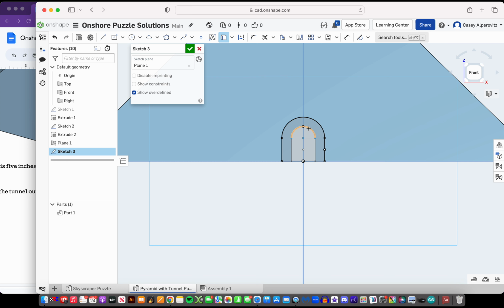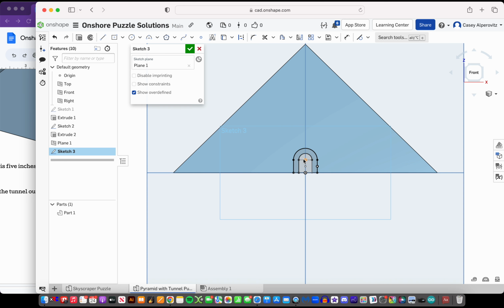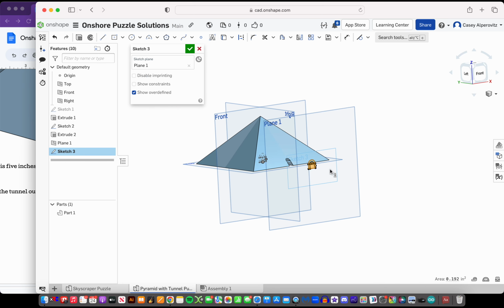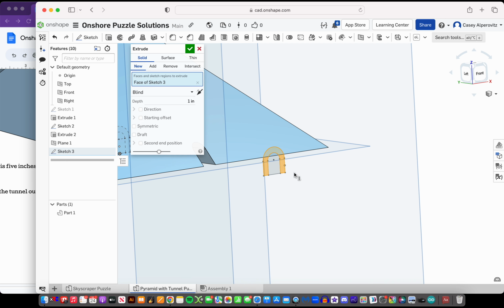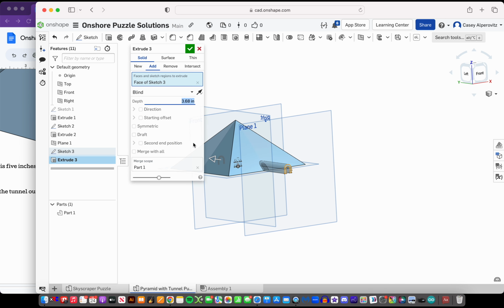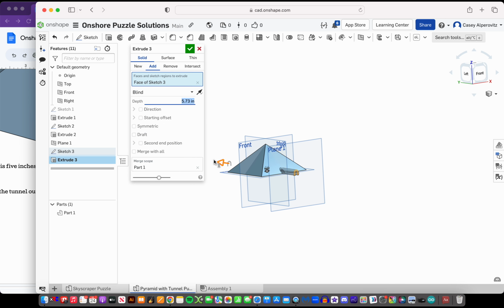But if I hadn't done that, I could just click this part of the tunnel and then done the offset once we used the use tool, which brings the parts from like another sketch or another part up onto the plane so you can reference them. Then we could just do... whoops, I need to do that. I can extrude it. And I could just go all the way through